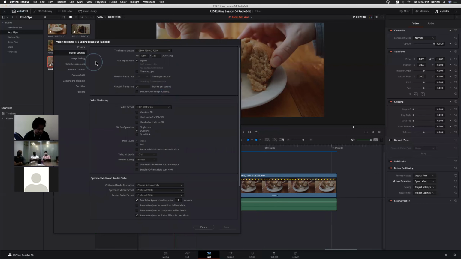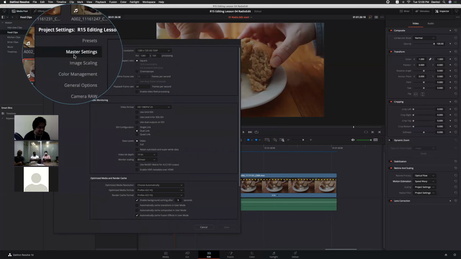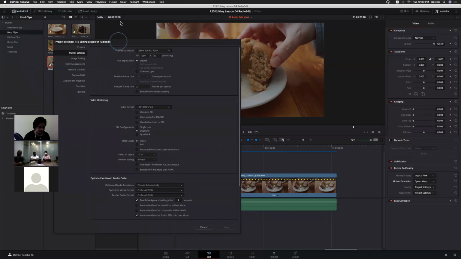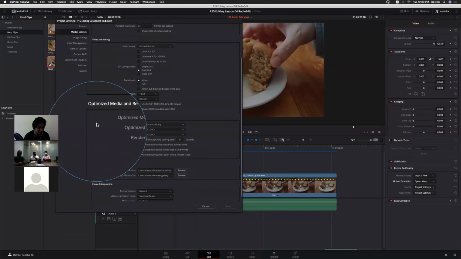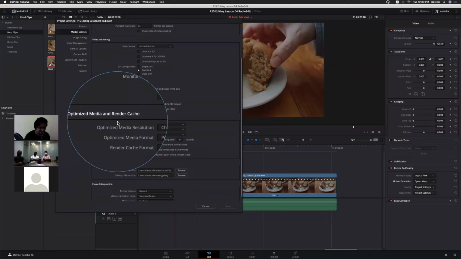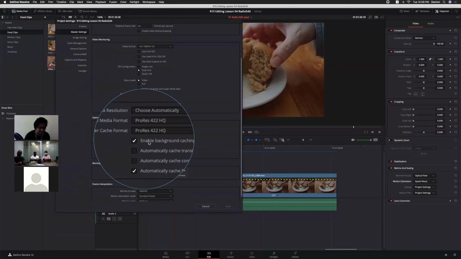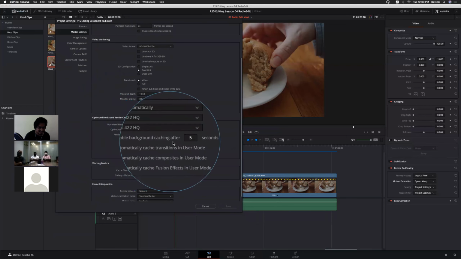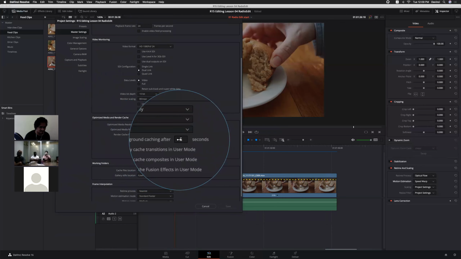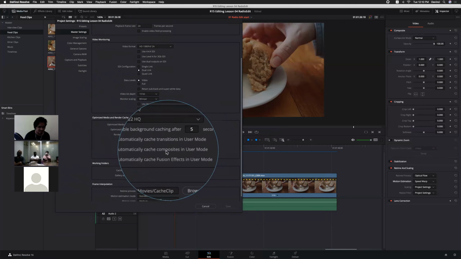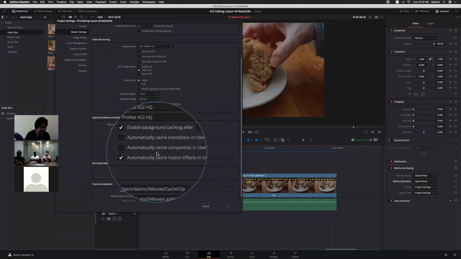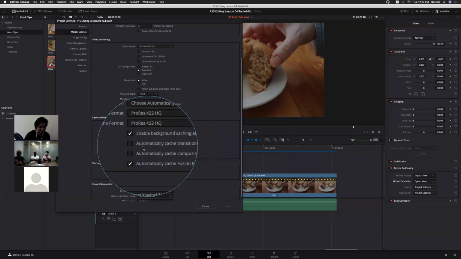Under the project settings, select the master settings. Under optimized media and render cache, you can see enable background caching after 5 seconds. If you want to create a render for everything, you can select these options.